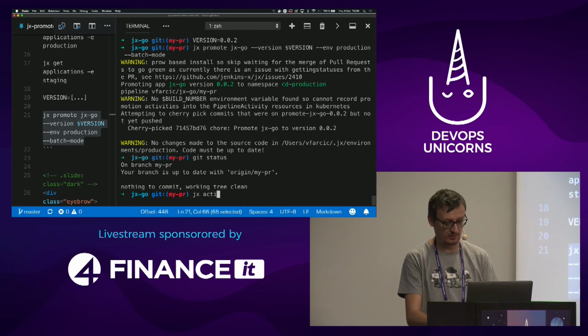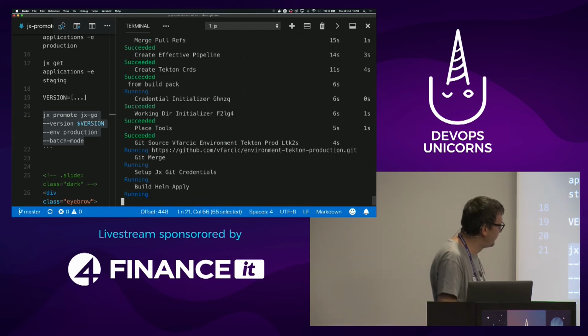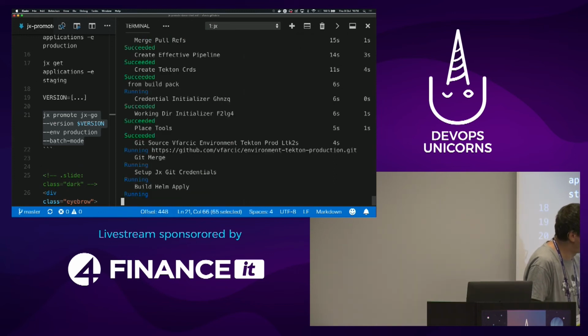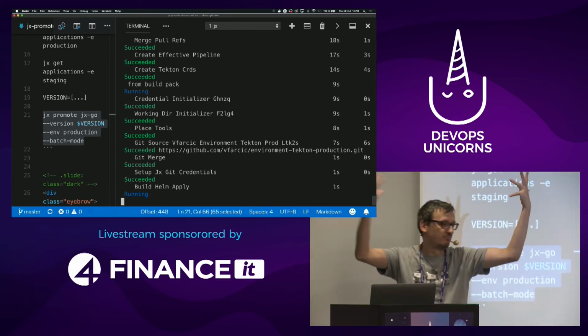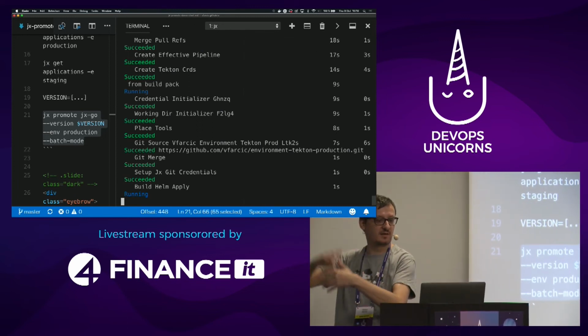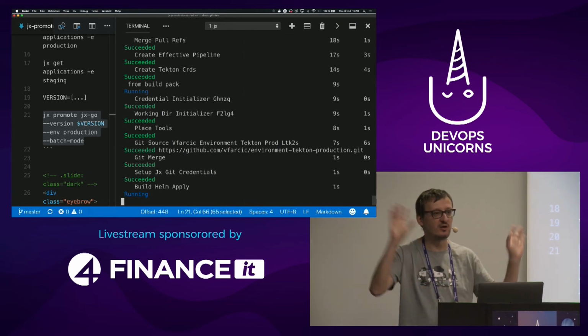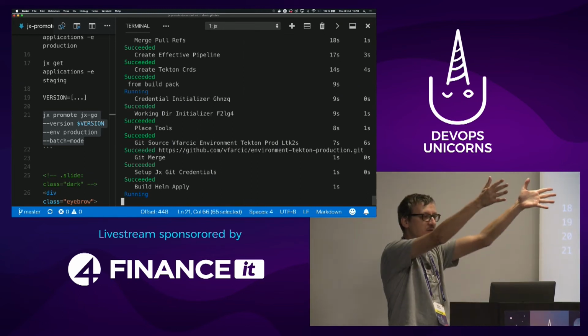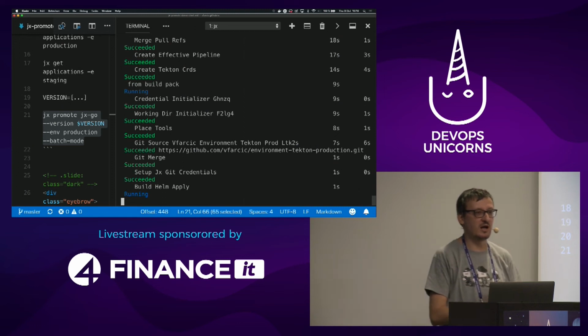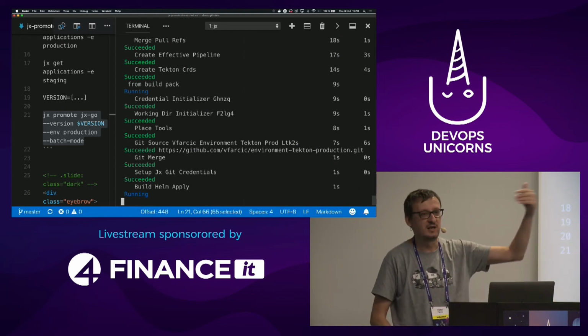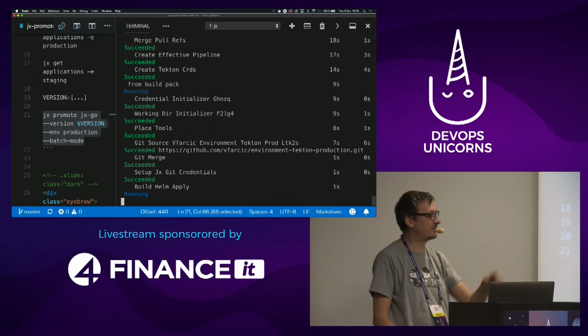I can actually show you that live. JX get activity filter tekton production. Because the moment I push something to Git, to the production repository, the pipeline started running. See, it's doing a bunch of stuff. Now it is building Helm chart in this case, and soon it will be running in production. And all I did was to tell Git, this is the application I want in production. I could add 57 applications there, it would still work, as long as they exist.